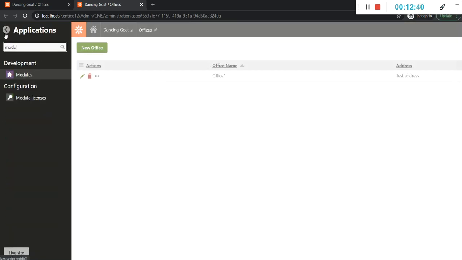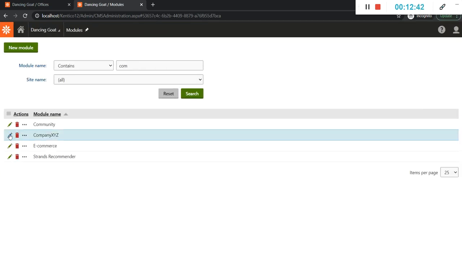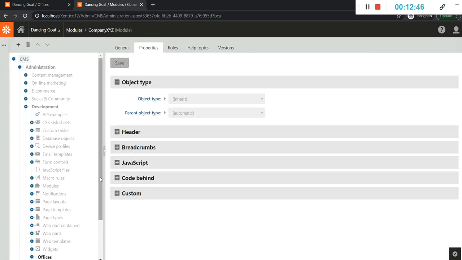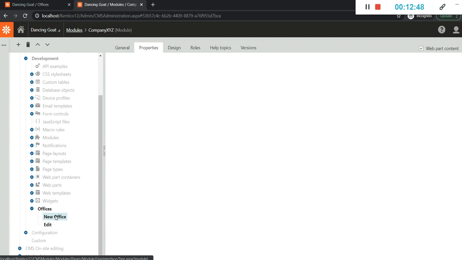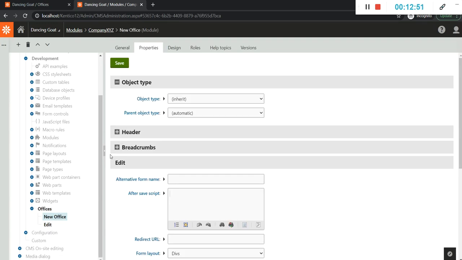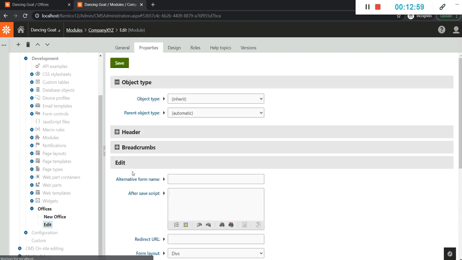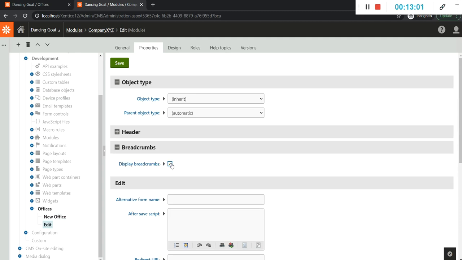Let's go to the modules again, company XYZ, user interface, and we have to give this in the new office and edit option. So you need to display the breadcrumbs as this.